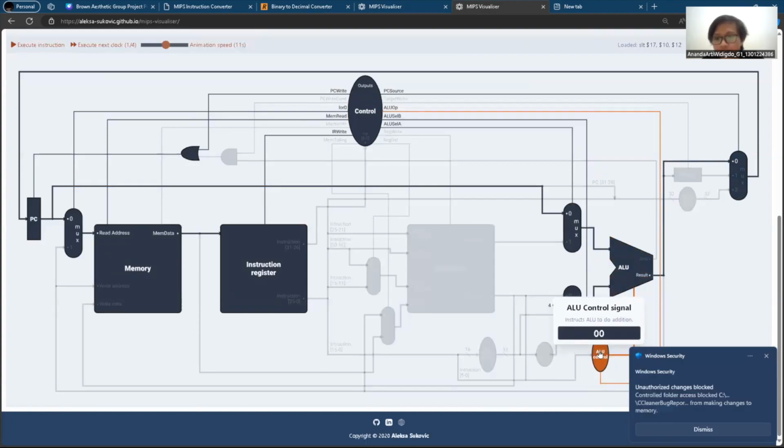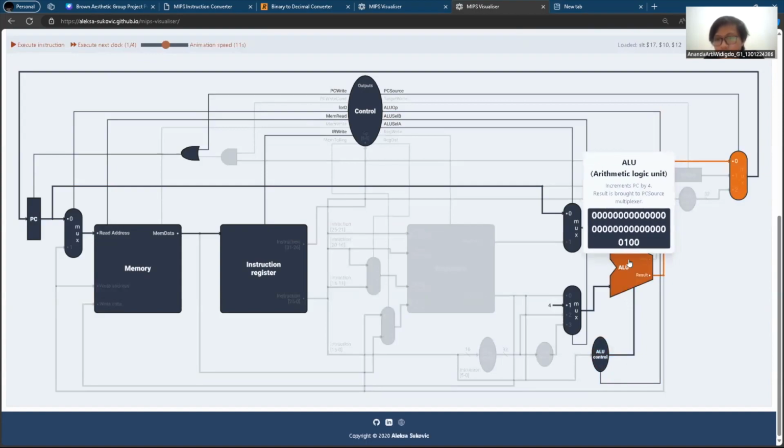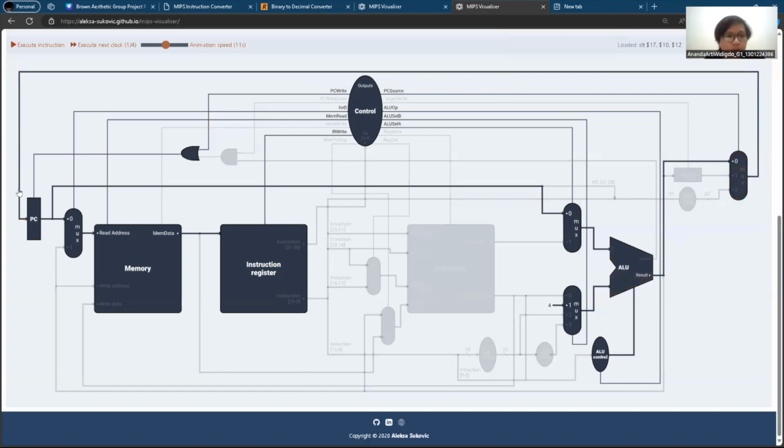So at the first step, the ALU is performing addition, which is instructed by this ALU control signal, which told the ALU to do addition. And the result of that addition in the ALU, or arithmetic logic unit, will go to the MUX, and because it is 0, it will then be sent back to the program counter, which makes the PC value 4 now.